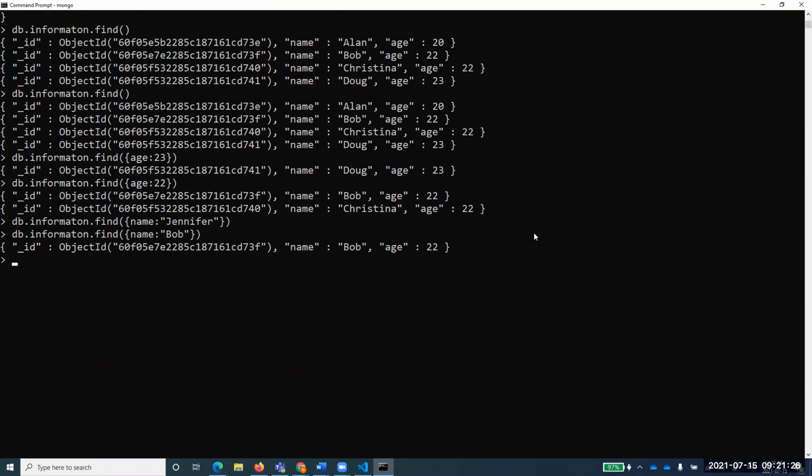Not only this, we can have a switch also. Switch means there is something called a switch that I would ask you people to go and study in the MongoDB documentation. You will find that over there. I can say age, and rather than passing 22, I can pass a switch over here, another curly braces, and I say $gt 22.